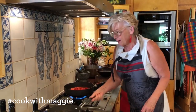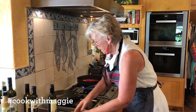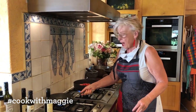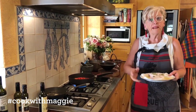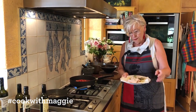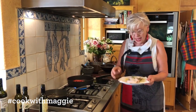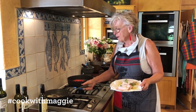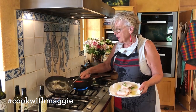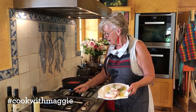Tomato on the floor, I promise you. Okay, this needs a little bit more butter in the pan for the chicken. I've had it sitting here at room temperature for about 20 minutes. I always leave my chicken or my meat out at room temperature. And once I've got that nice and bubbly and a little bit toasty, the butter that is, nut brown,